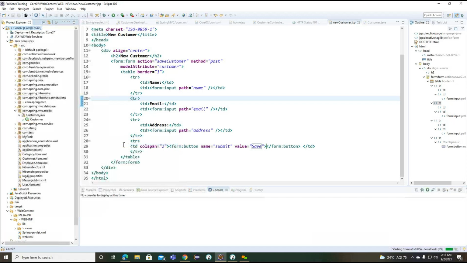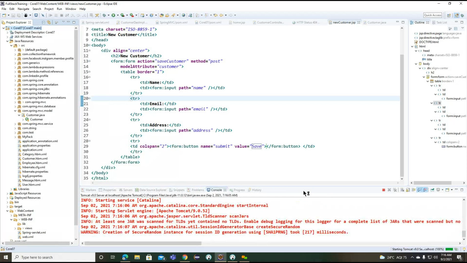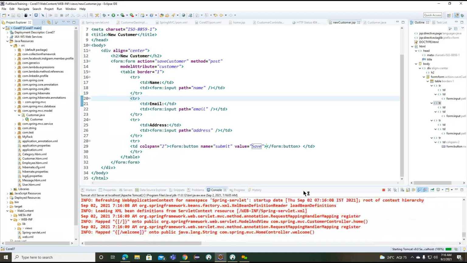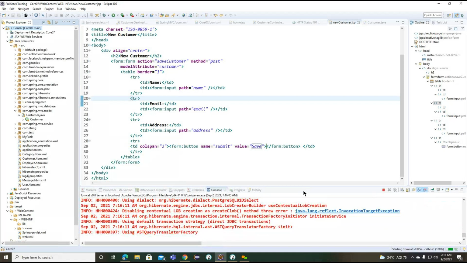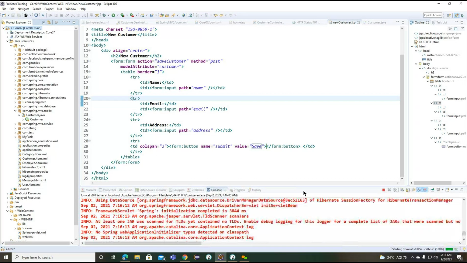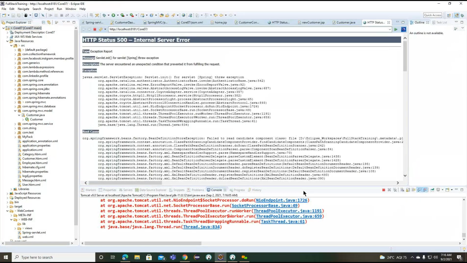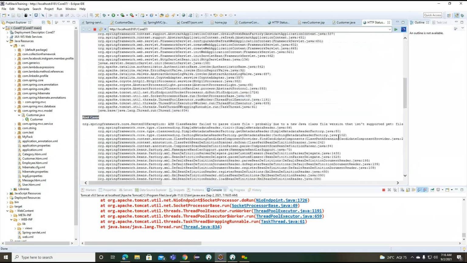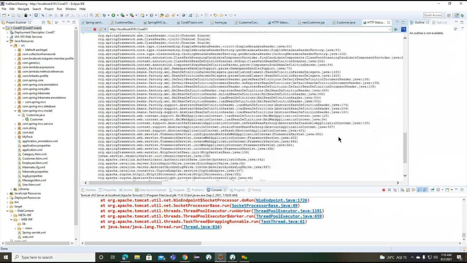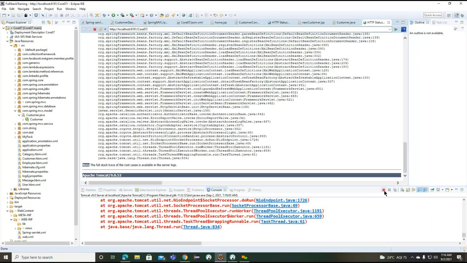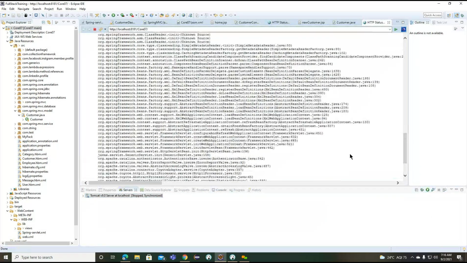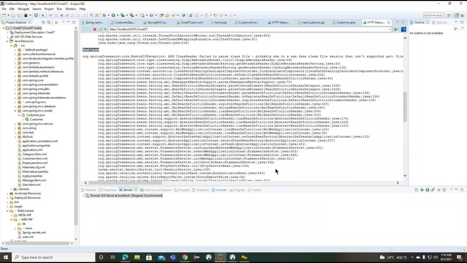If form button is not working, we can go for the input button. So let's say I run one more time, now what happens here? Once we click on this new customer anchor tag, again what happened? Every time I'm getting this. Which class are we getting here?